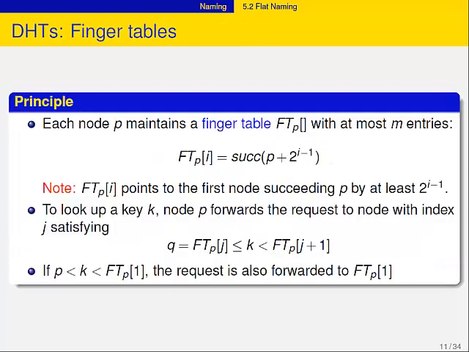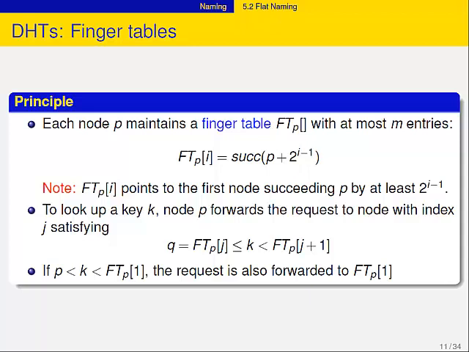You let every node maintain what is known as a finger table. And the concept of a finger table is actually very important. Now see if you can understand what's going on over here. So I have a node P. When I talk about P, that means that that node has identifier P. Okay, we're all talking about numbers here. It has a finger table with at most m entries. M was the number of bits I was taking for the identifier space. Okay? And what I do is, I store in the ith entry, and I start counting from 1, so the first, the second, the third entry, I store the successor of p plus 2^(i-1), 2 to the power i minus 1.